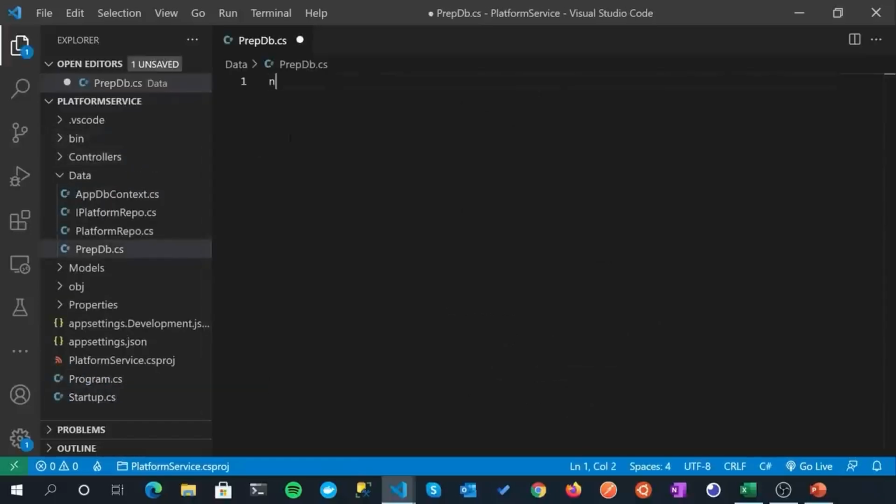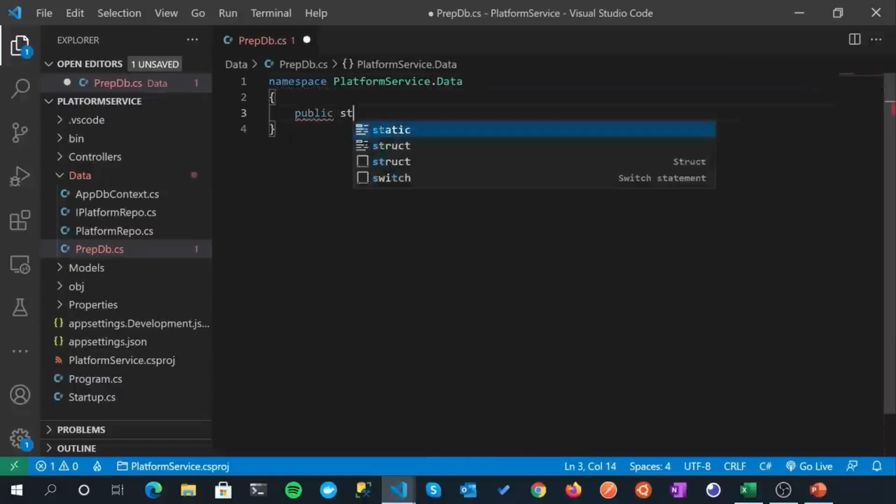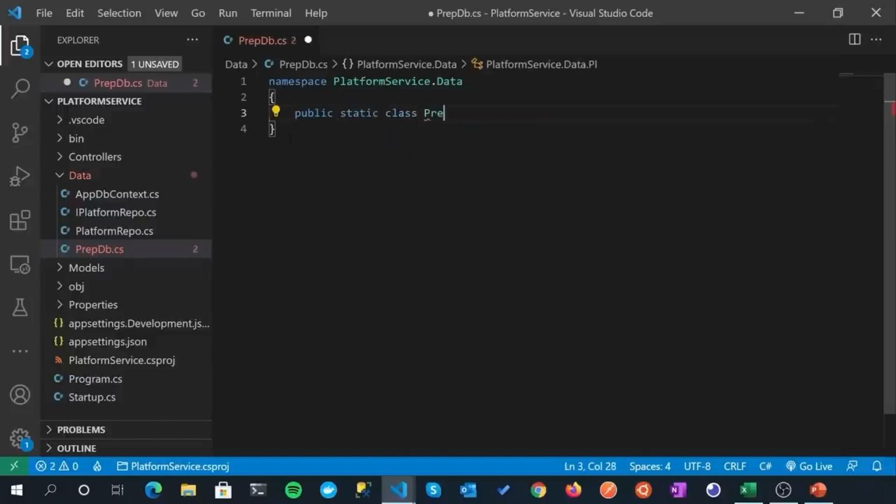Then we'll begin with a namespace as usual, platform service.data. And this is a public static class with the name of prepdb. Static class, we don't need to create instances of it.